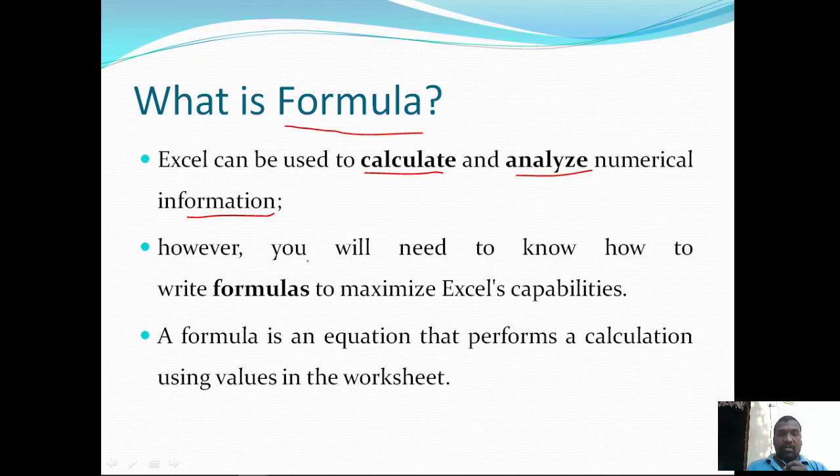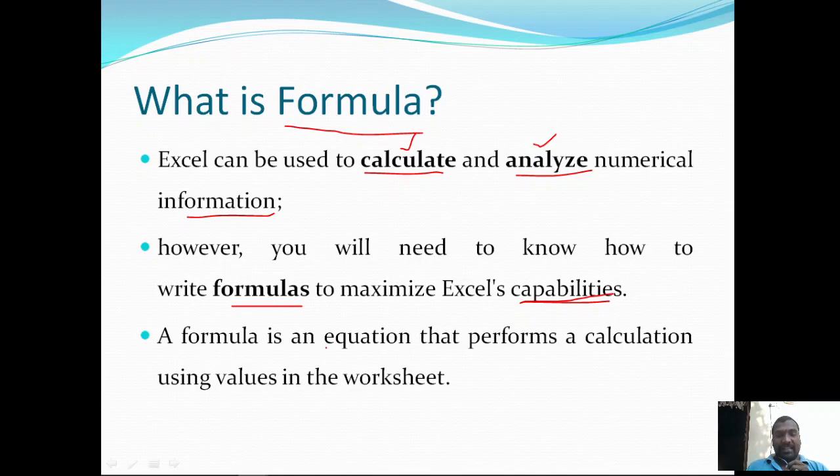Here, you will need to know how to write formulas to maximize the Excel capabilities. These analytical and calculative operations can be done effectively if you know how to write formulas. So writing formulas maximizes the Excel capabilities to handle the data.